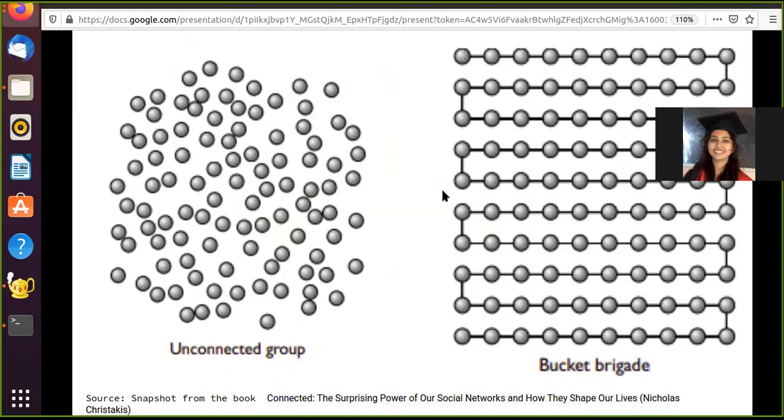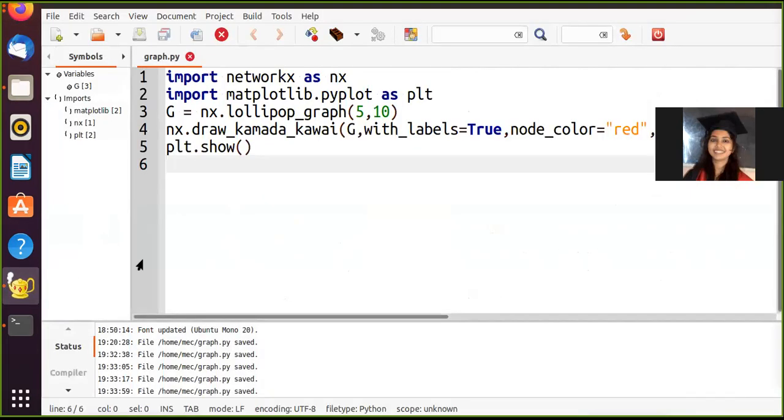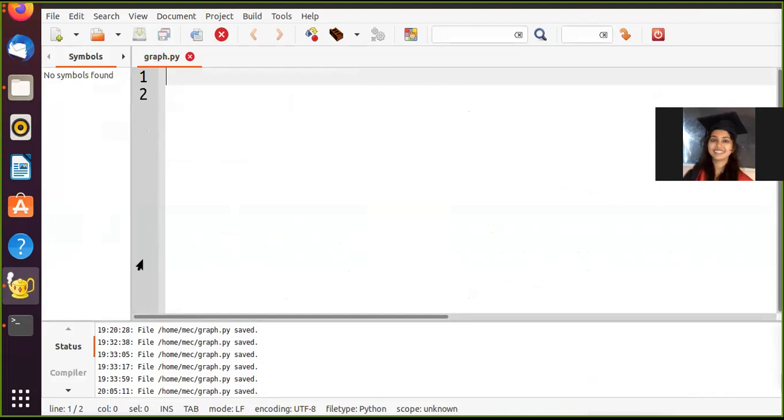I'll shift to an editor over here, and I'm going to remove all this existing code. For this code, you should have Python installed in your system, and in this example we'll be using two libraries, which are NetworkX and Matplotlib. Whatever editor or compiler you are using, you can install these two libraries and get started.